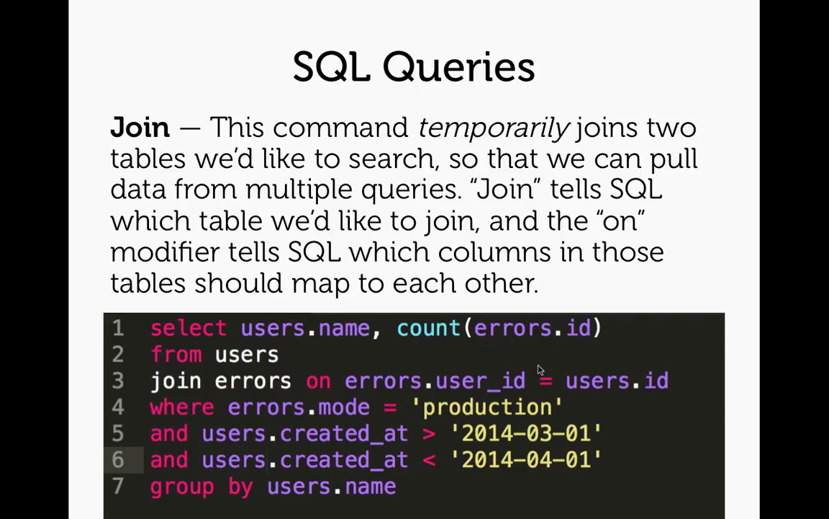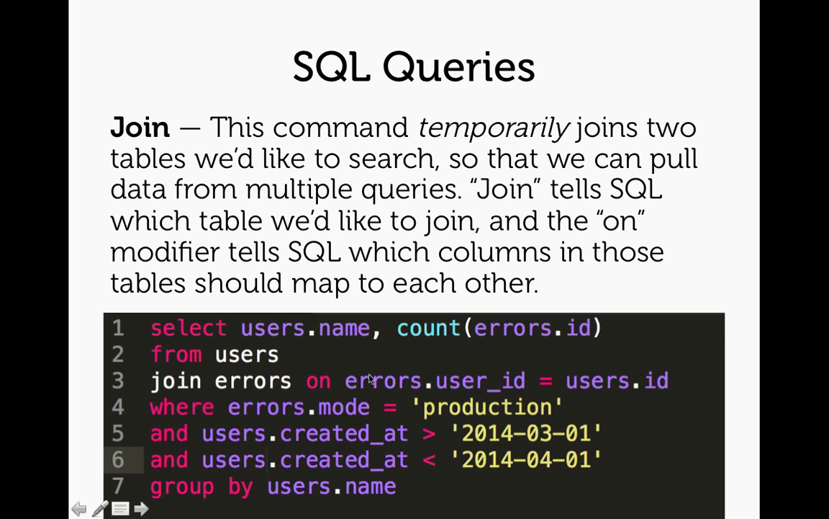The next thing is the join statement. This one is probably the most confusing in the entire SQL query. This command will temporarily join 2 tables that we want to search so that we can pull data from multiple tables. So join tells SQL the table that we want to join. In this case, it's saying join errors, which is a completely different table. You're seeing we're selecting from users, and there's no mention of the errors table just yet. So what join is saying is, okay, you're pulling data from users. Join the errors table